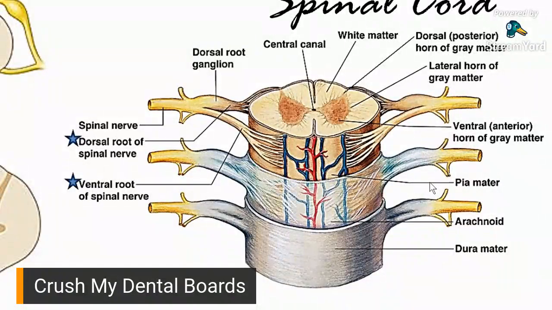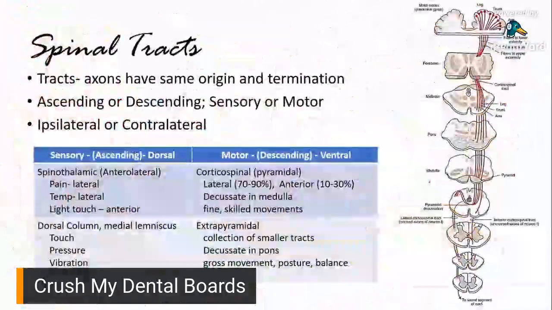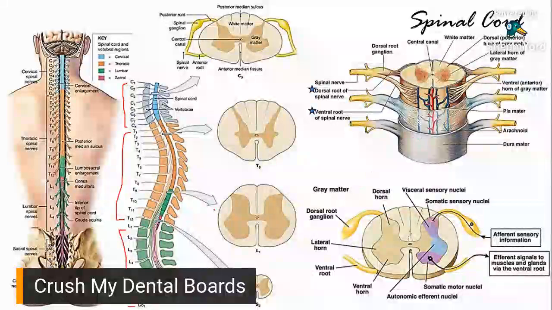Okay? What else do we have to know regarding the spinal cord? Remember the shape, the H. Diba? Common naman to sa mga picture ng spinal cord. Diba? Itong H shape. H shape right there. Okay? It's like your letter H. Alright? What do we have to remember? This H shape, gray matter right here, you have horns.